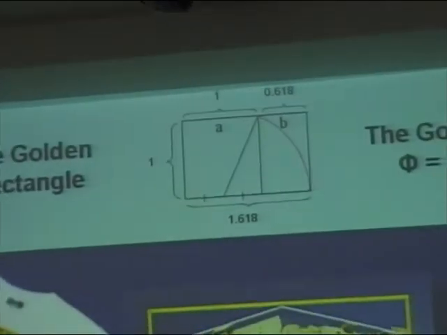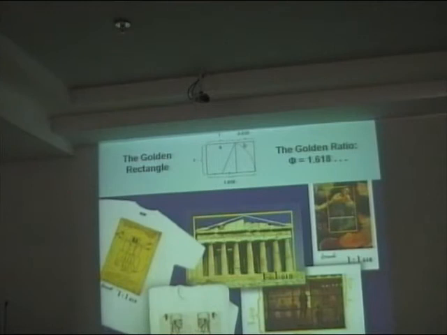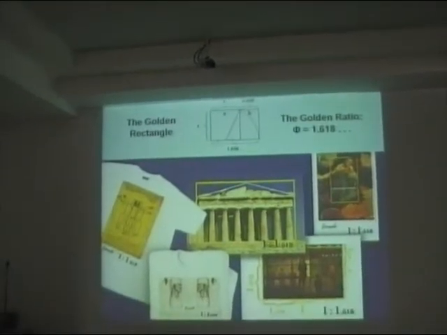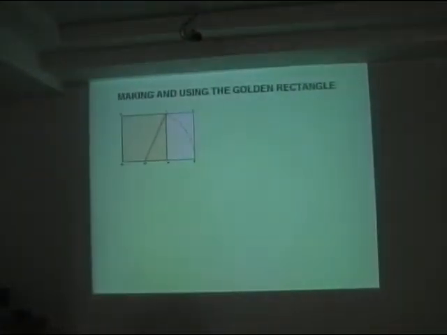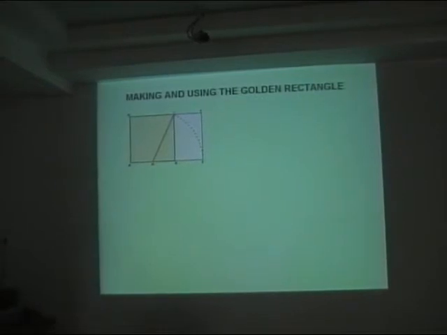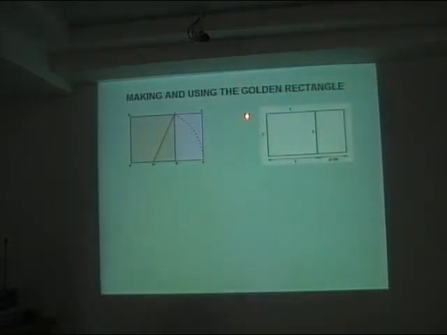Now, that golden rectangle appears all over. It appears in nature, it appears in art, it appears in architecture. And we're going to look at some specific examples of the golden rectangle in a moment. I'm not going to go into how to make a golden rectangle. It's quite simple, but I think we can skip it for our purposes. That's what that diagram shows. But again, let me emphasize that the golden rectangle is such that it consists of a square plus another golden rectangle. Is that much clearer? That's all we need to know at the present time.